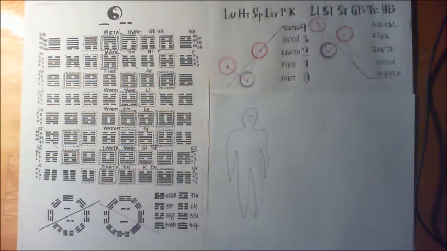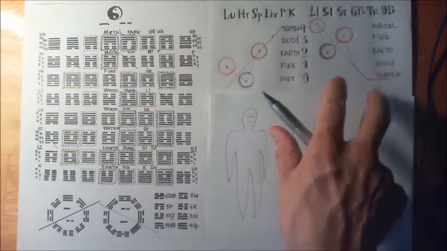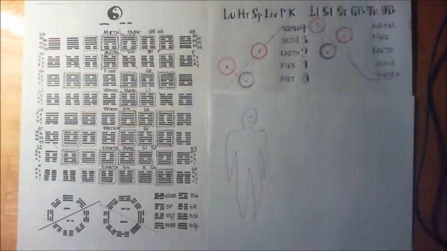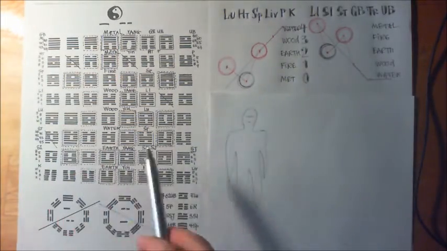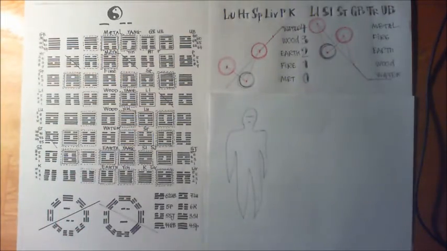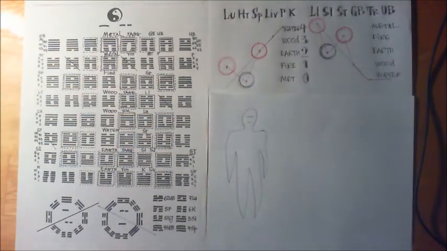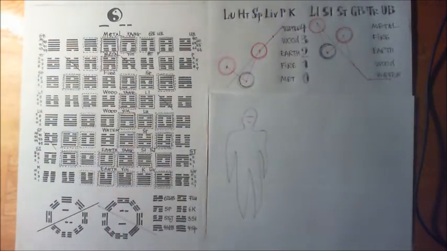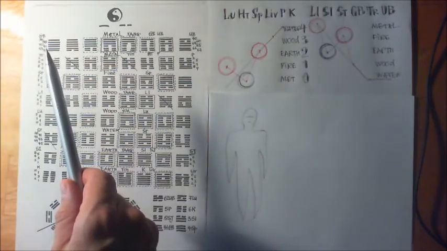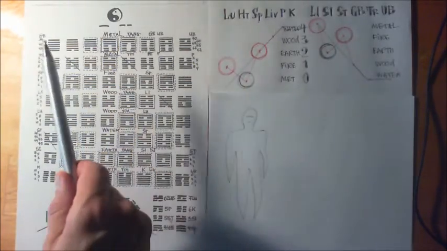Today we are going to look at how to use the pulse map method according to Nanjing pulse diagnosis and the Bagua method of treatment with acupuncture. First of all, we use this Bagua map where these trigrams form the hexagrams